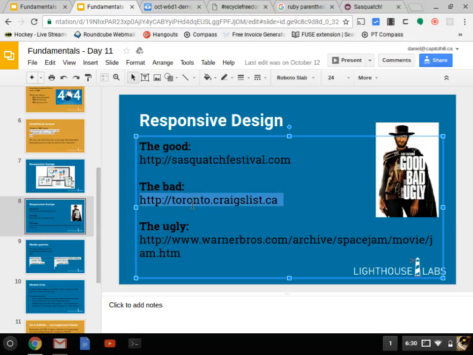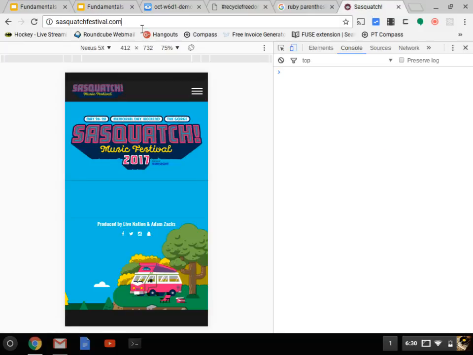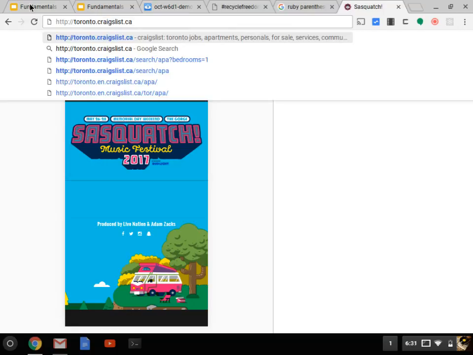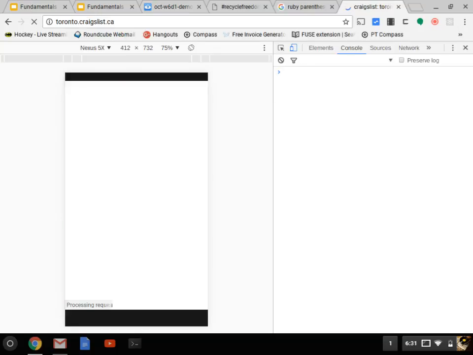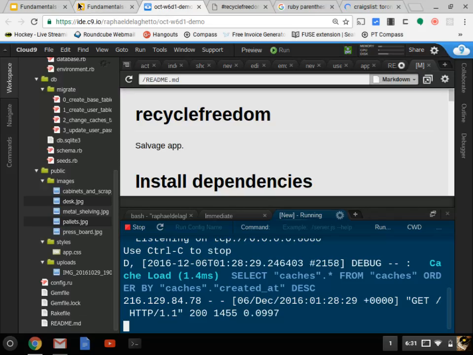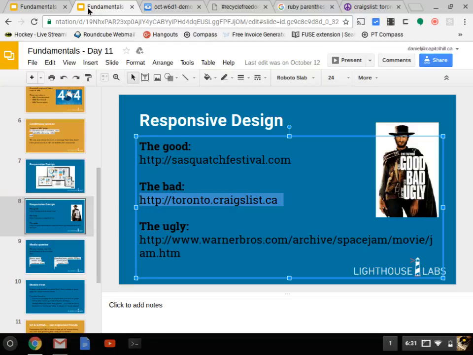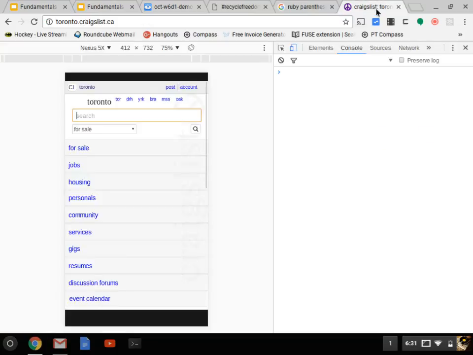Let's try this one. And this one's getting more and more unfair, right? This is supposed to be the bad. Or is this the ugly? Is this the bad or the ugly? Yeah, the good, the bad. So, Toronto Craigslist. I actually don't even think that this is bad. You should have seen it the very first cohort we did. It's still bad,